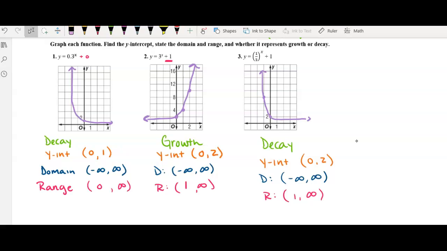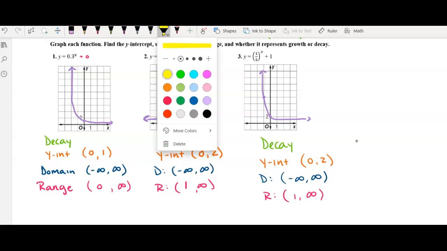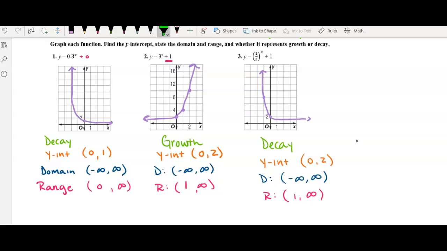First, looking at growth and decay, we have to look at the base of the exponent. Here the base of the exponent is 0.3, which is between 0 and 1, which is why this function decays, decreases over time. And in number 2, the base of the exponent is 3, which is greater than 1, therefore it grows over time. The base in number 3 is 1/3, which is between 0 and 1, therefore it's going to decay. The y-intercept you can find from the table